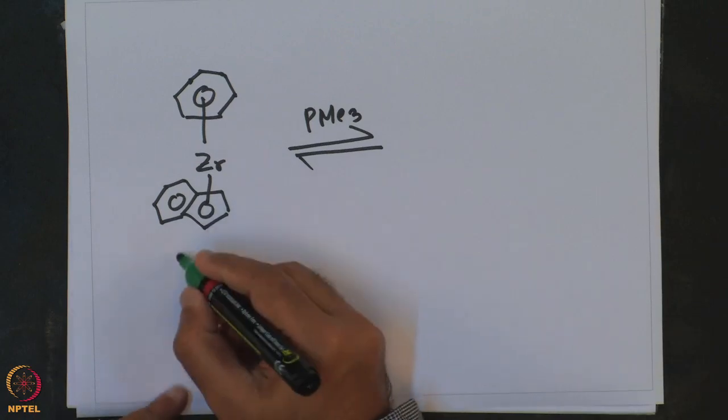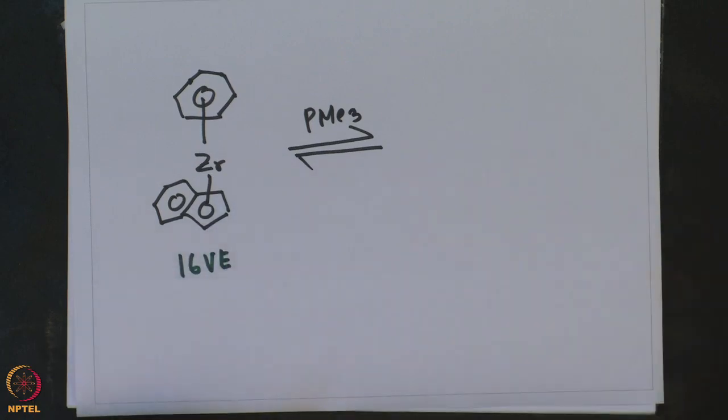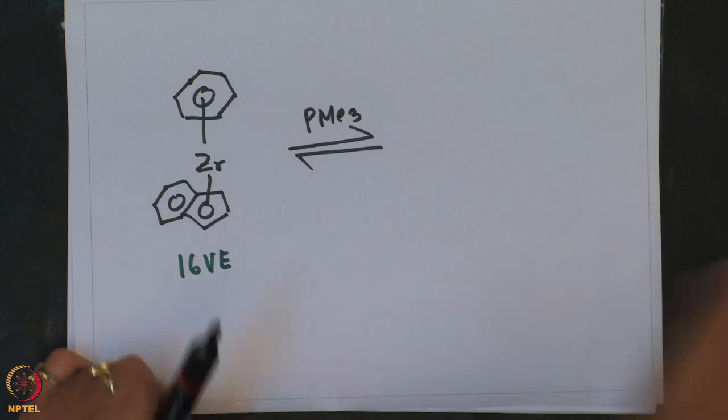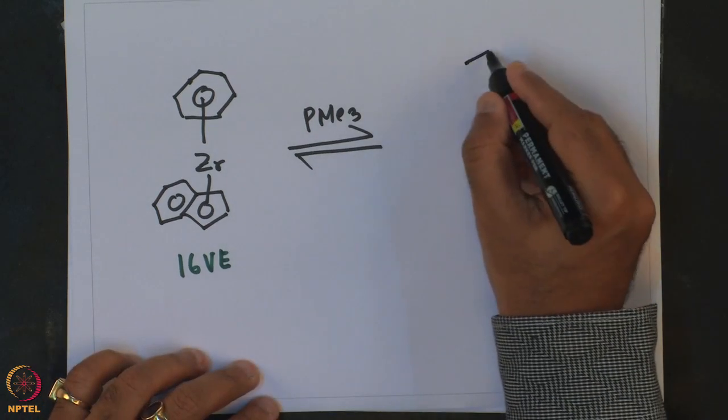So, this is a 16 valence electron species, easily coordinates with the PMe3,